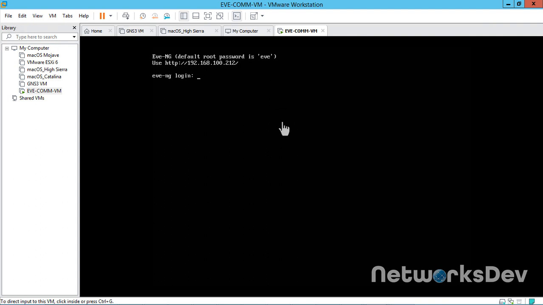So here you can see our virtual machine got the IP from DHCP, 192.168.100.212. So the virtual machine is ready to use.